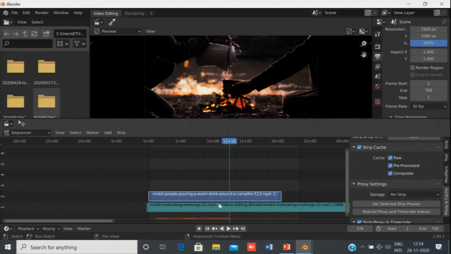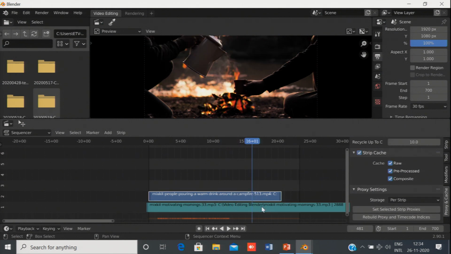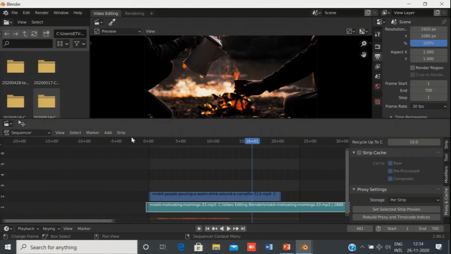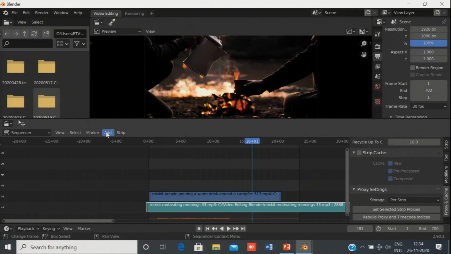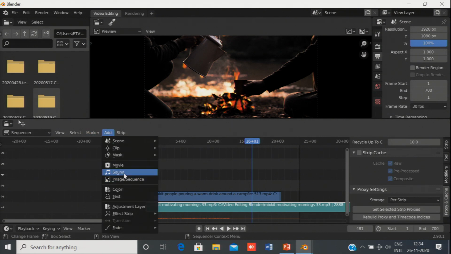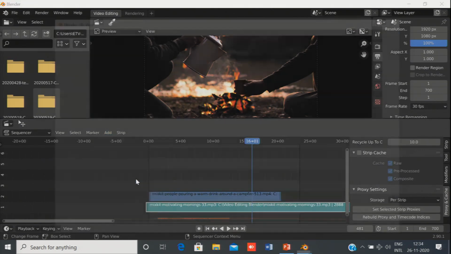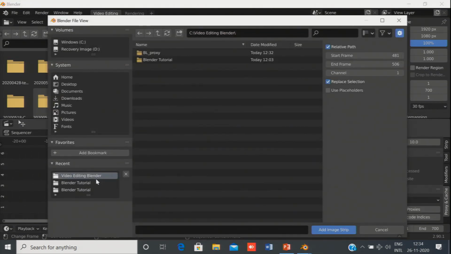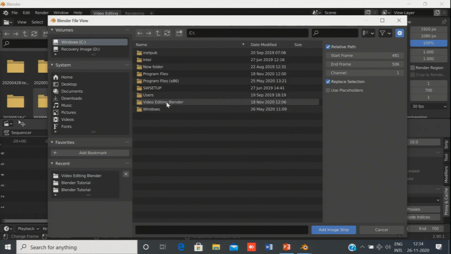So, now after adding the video and audio, let us add some graphic. To add a graphic, I will go to add and then go to image sequence and then the same folder.